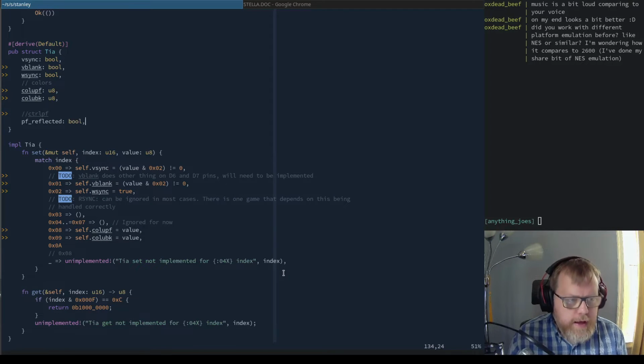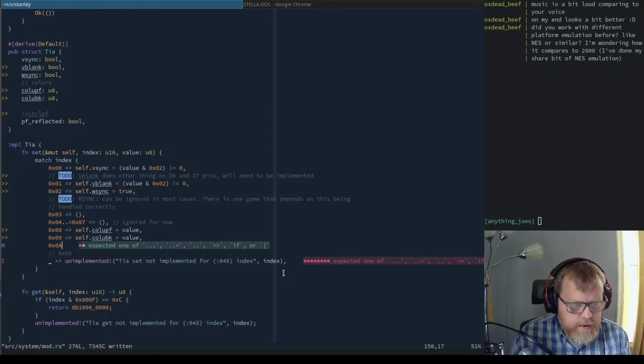This is a Boolean flag. So basically we're gonna grab